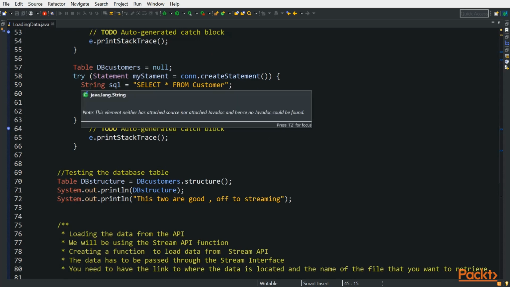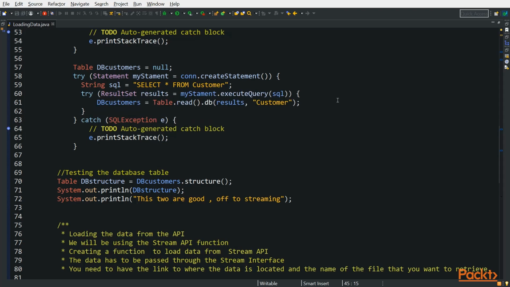And which data am I retrieving since I've already established the connection? So I want to select all the customers which are in the table customer with all their columns, with all their data. And they will be returned as a result of the type ResultSet. And this calls my statement, and it executes this SQL query I've given it here. And my DB customers, I'll use now